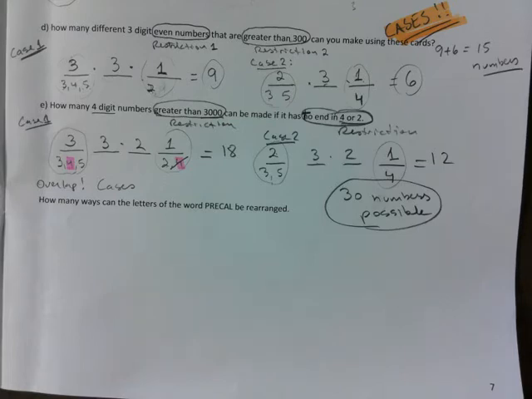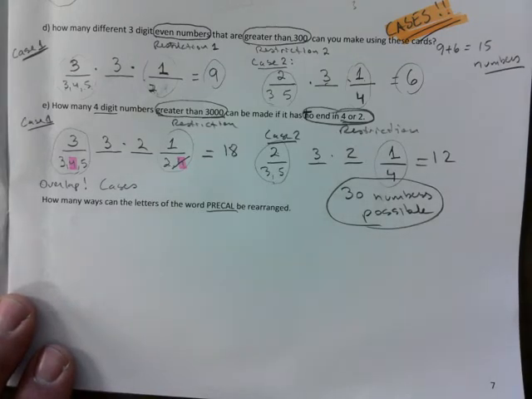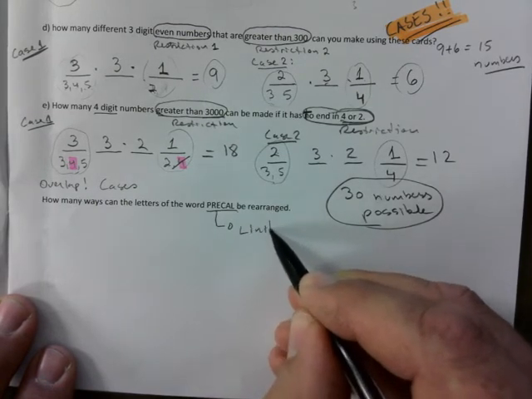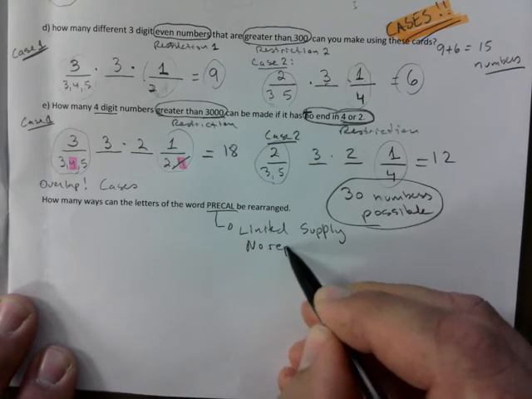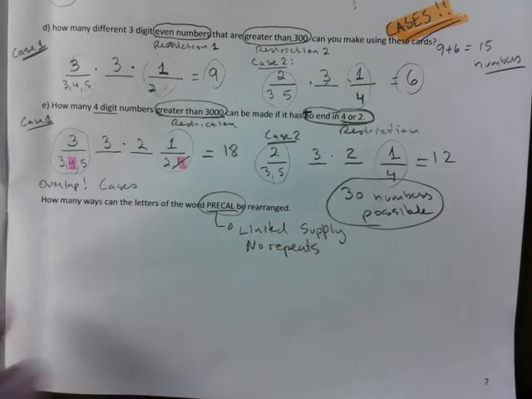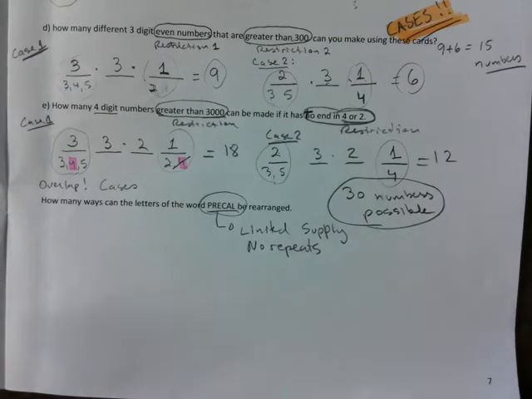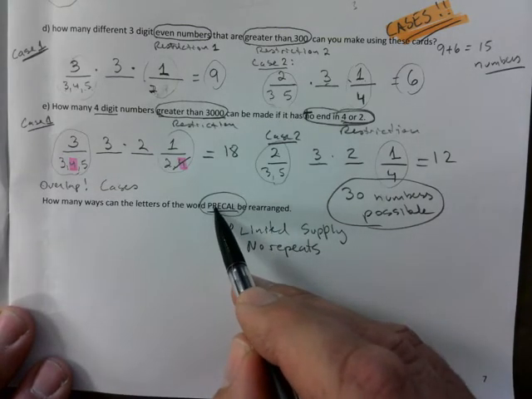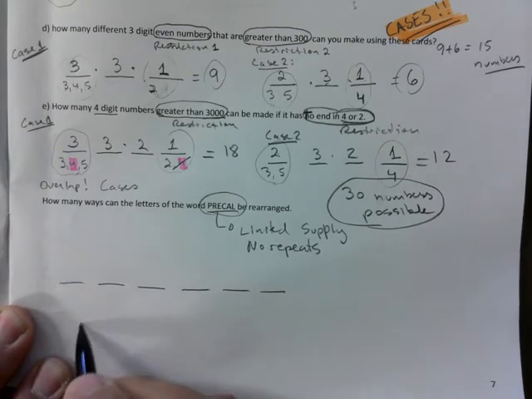All right. I'm going to keep going a little bit more, guys. How many ways can letters of the word pre-cal be arranged? This means limited supply, which is another word for no repeats. They're basically saying, all you have is these letters. That's all you have. Let's say we cut it up and put it in a bag. So you have limited supply. How many slots am I supposed to fill? 1, 2, 3, 4, 5, 6. 6 letters,